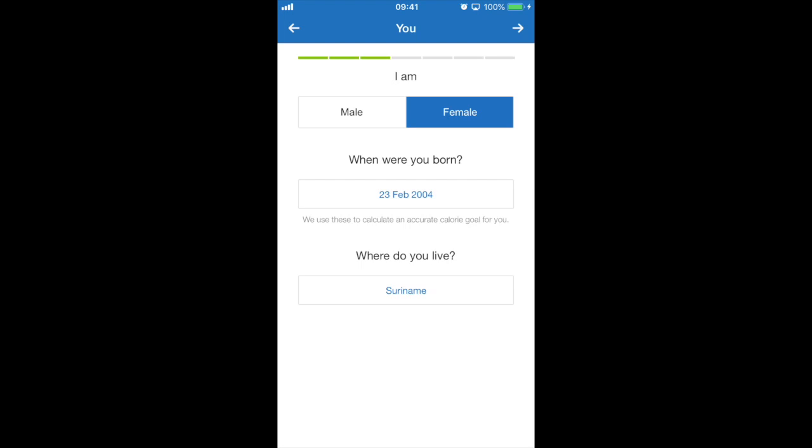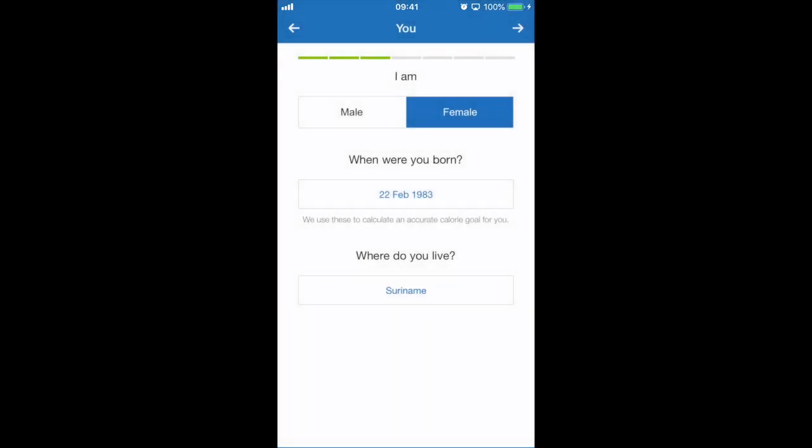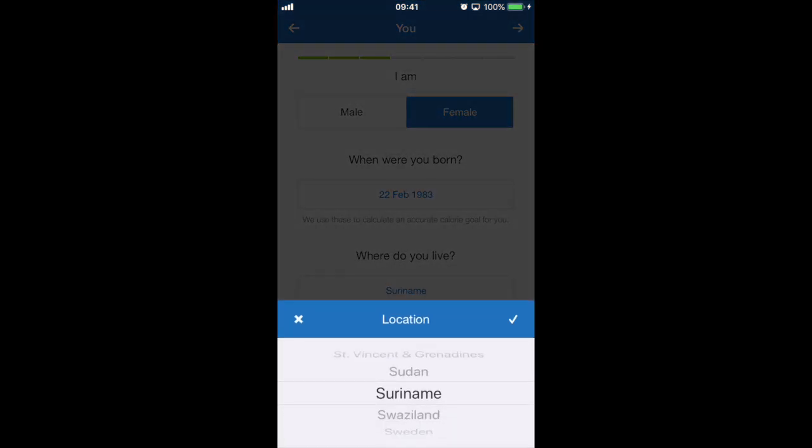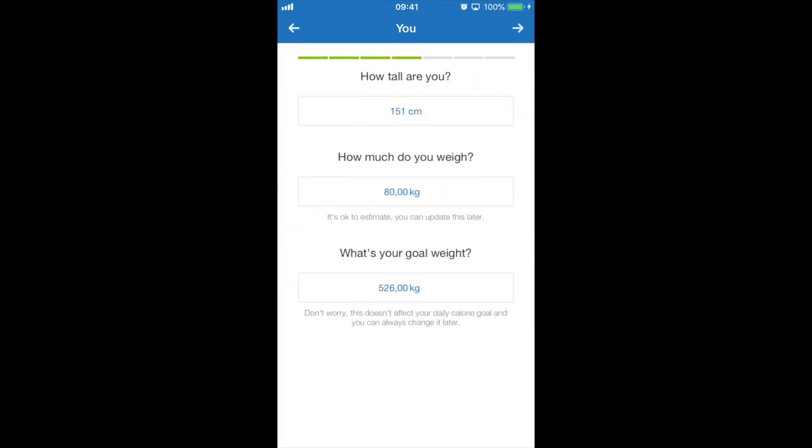Now they ask you, what is your gender, when were you born, and in which country do you live? So pick your correct numbers here for your birth date, pick your gender, and tell them where you live. Okay, so now we click the top right hand corner, and now we're going to say exactly how tall we